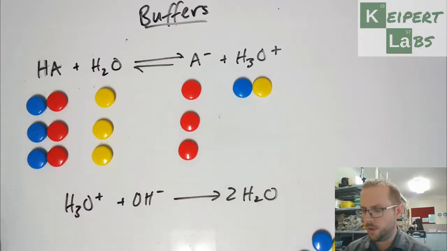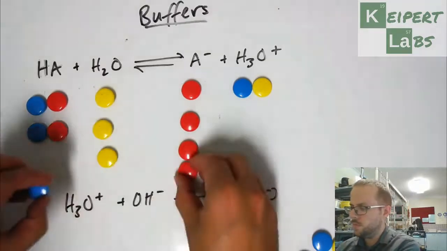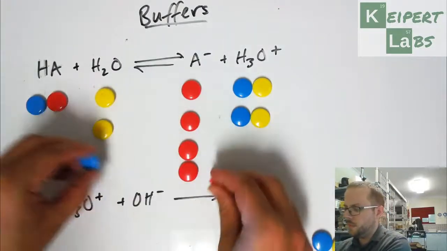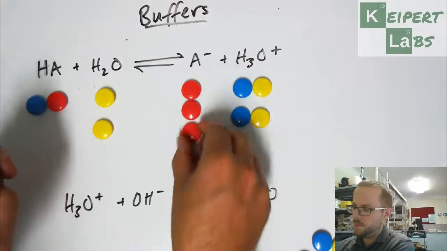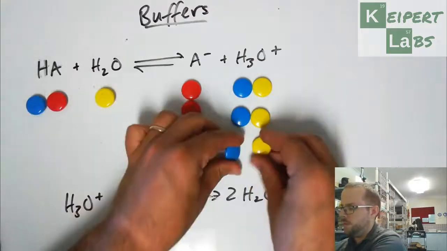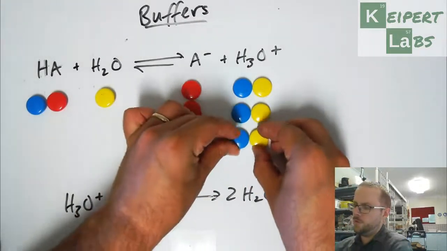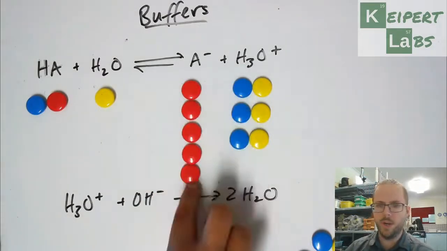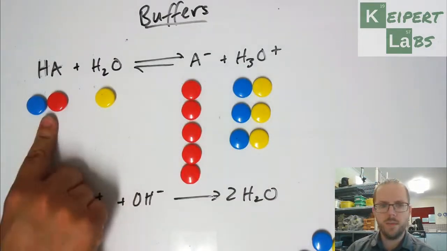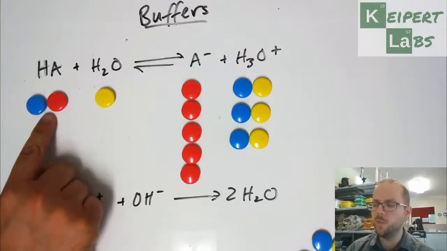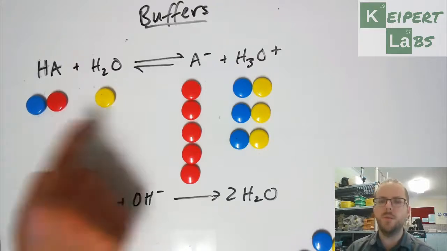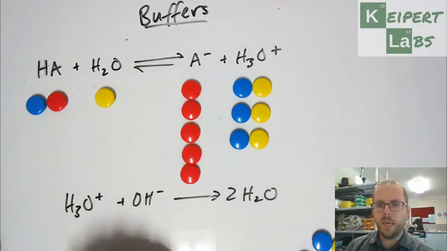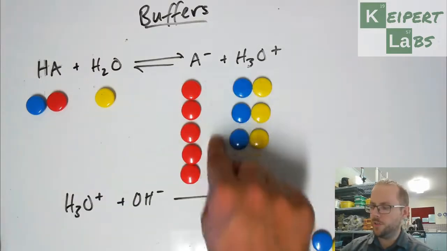And so in doing so, our HA would react with some more water to replace the hydronium that we had lost, and in doing so we're forming more A-. Now we've reduced our amount of HA. There would still be very large proportions of both left. We would have more A- now, we've tipped the balance slightly, but in doing so we've regained our original amount